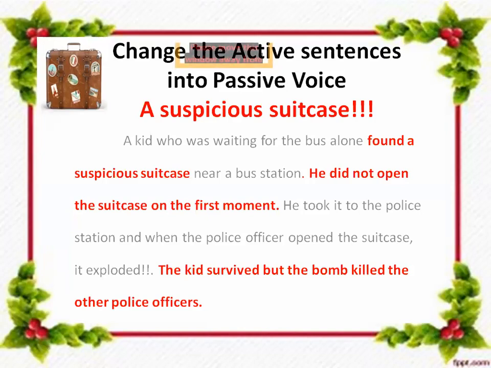Now see the first paragraph, change the active sentences into passive voice. What you have to do, you have to just underline before going to solve it. You have to underline the main active sentences which must be changed to passive. Some sentences will not change into passive. Maybe they are already passive, or because of transitive and intransitive, they are not going to change into passive voice. We only change transitive verb sentences into passive voice. Sentences with intransitive verbs cannot be changed into passive voice.